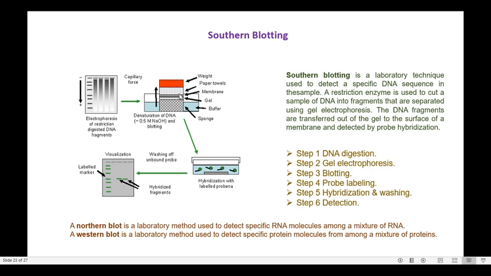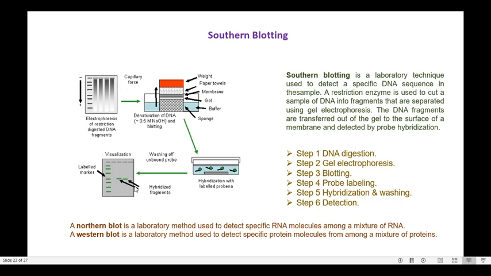Now make sure that one of the lowest paper towels is touching the buffer, so that it will start absorbing the buffer. During this time, the DNA present in the agarose gel will get absorbed by the nitrocellulose membrane. Then hybridize the membrane using labeled probes, for example P32 labeled probes. Then wash off the unbound probe and, using autoradiography, visualize the presence of the transgene